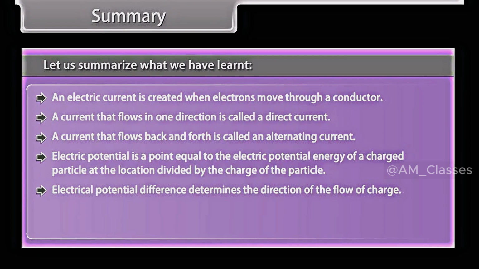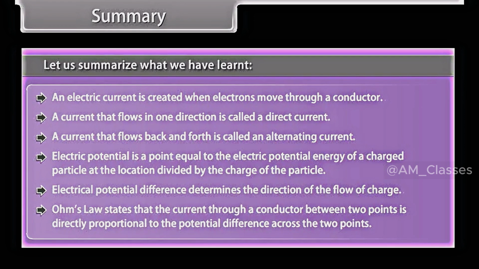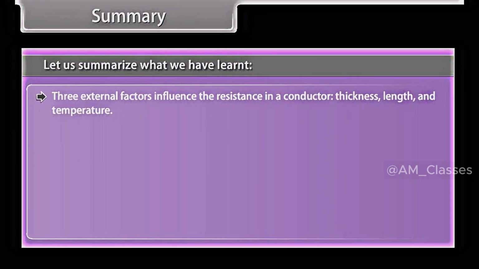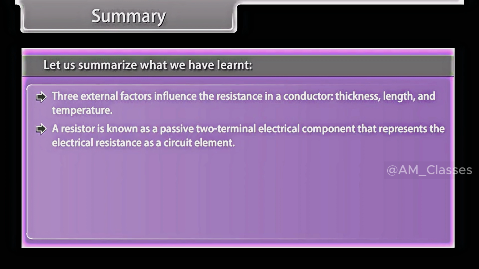Electric potential difference determines the direction of the flow of charge. Ohm's law states that the current through a conductor between 2 points is directly proportional to the potential difference across the 2 points. 3 external factors influence the resistance in a conductor: thickness, length, and temperature. A resistor is known as a passive two-terminal electric component that represents the electrical resistance as a